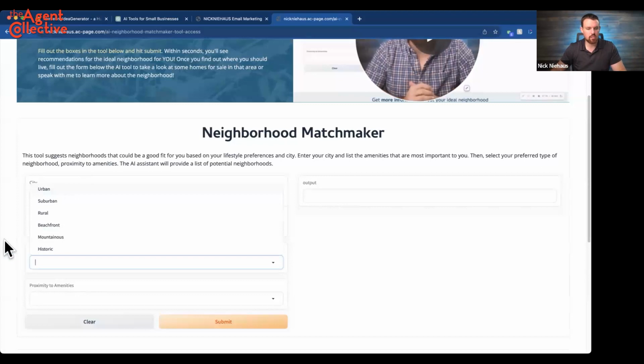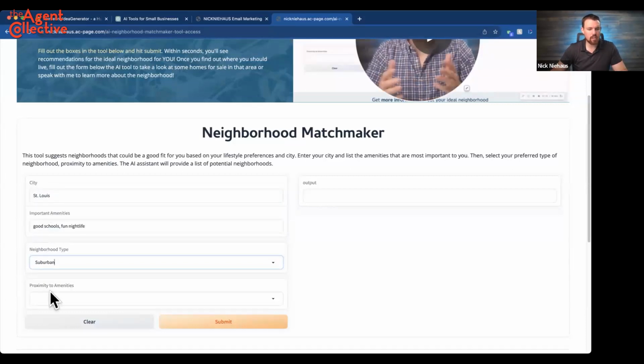Next, they get an option for the neighborhood type. Now, these don't all exist in all areas, and it'll actually recognize that. If I say beachfront and I'm in St. Louis, it's going to respond, I've done this before, and say, hey, there are no beaches in St. Louis, but here's how you can get close to some water. So it does know that stuff. I'm just going to say, in this case, suburban. And actually, I'm going to switch that to urban because I do personally live in the city, so I want to see what it says in terms of that.